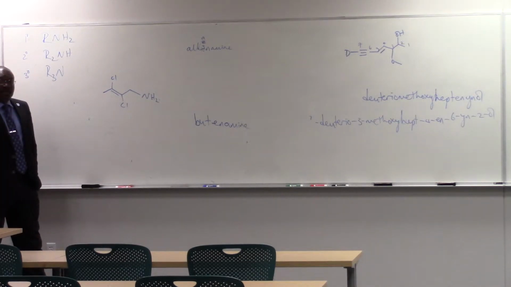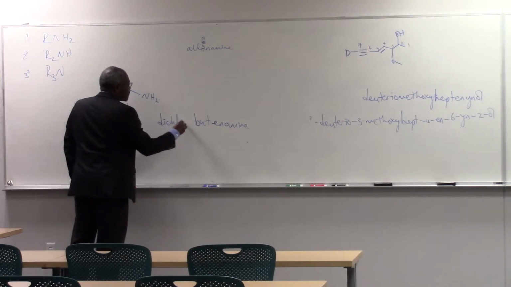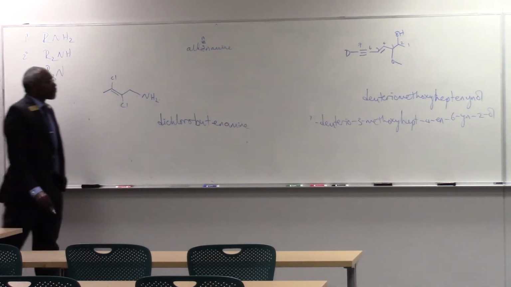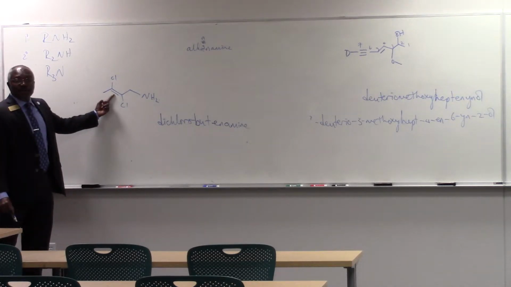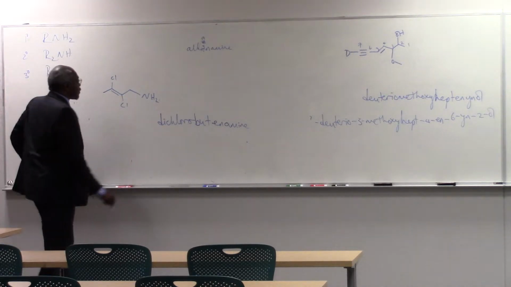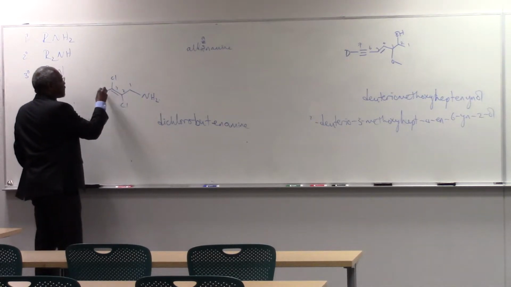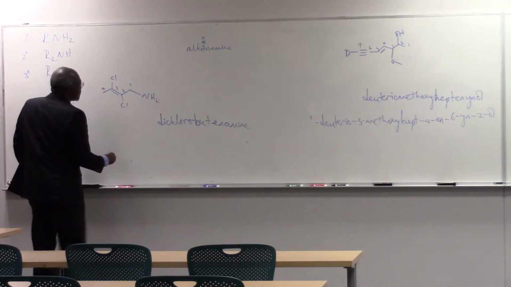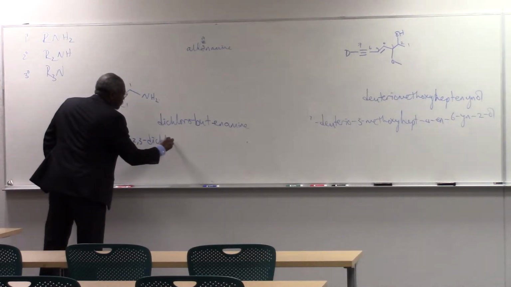It's not just a butenamine, it's got 2 chlorines, so it is a dichlorobutenamine. I need locants and configuration for the carbon-carbon double bond. So, major functional group, so this is 1, 2, 3, 4. So this becomes 2, 3 dichloro